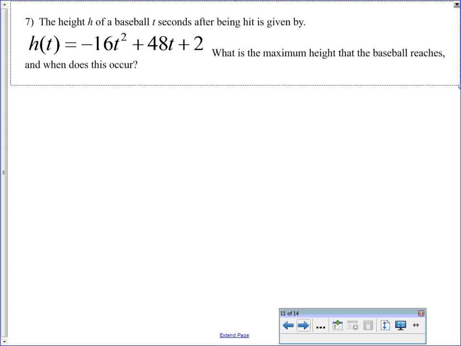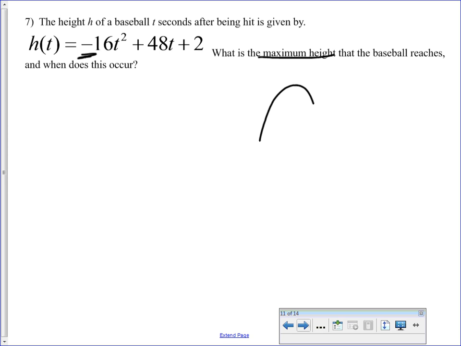All right, the height of a baseball after being hit is given by the equation h of t equals negative 16t squared plus 48t plus 2. What is the maximum height the baseball reaches, and when does this occur? And at first, oh my goodness, a word problem. But remember, this is a parabola opening down, and it's asking for the maximum height. So all it's really asking for is